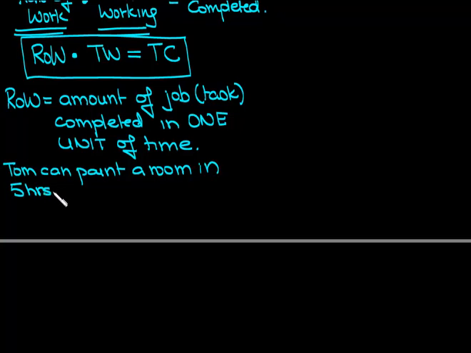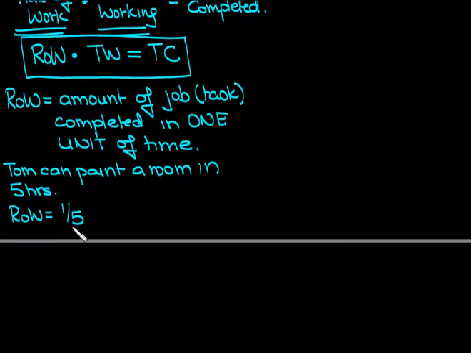So if I tell you Tom can paint a room in 5 hours, what is his rate of work? Basically, what does that mean? According to this definition, how much of the room can he paint in 1 hour? Well, Tom's rate of work would be 1 over 5, because if it takes him 5 hours to paint the room, then in each hour he would paint 1/5 of